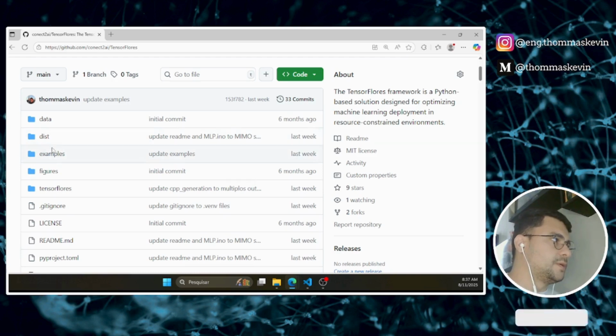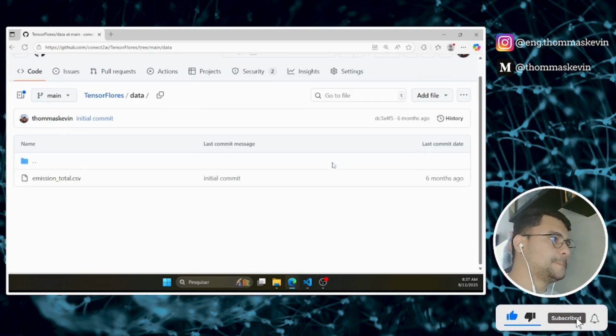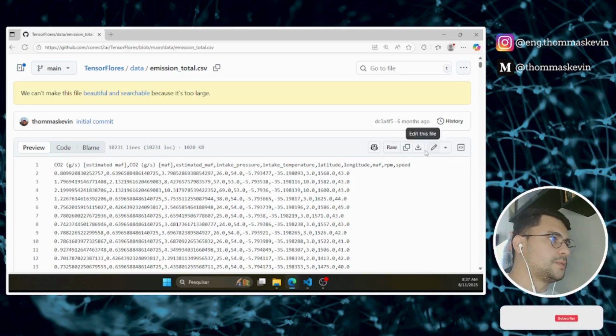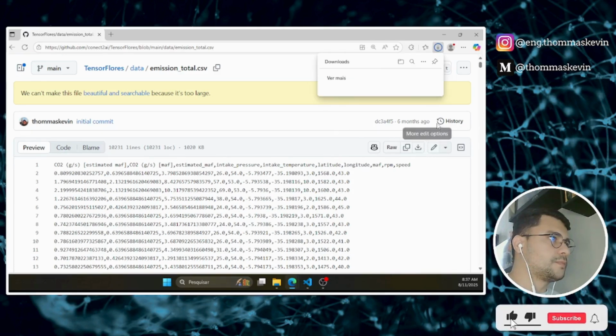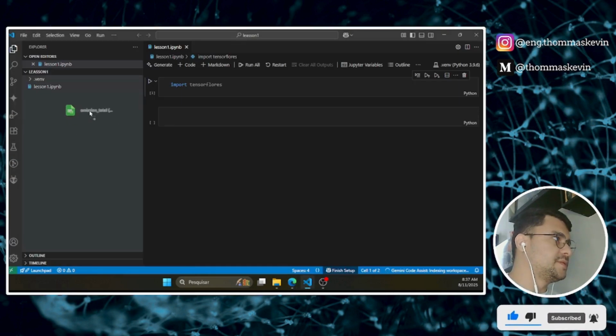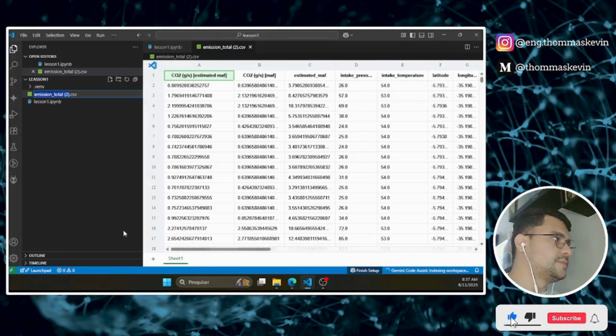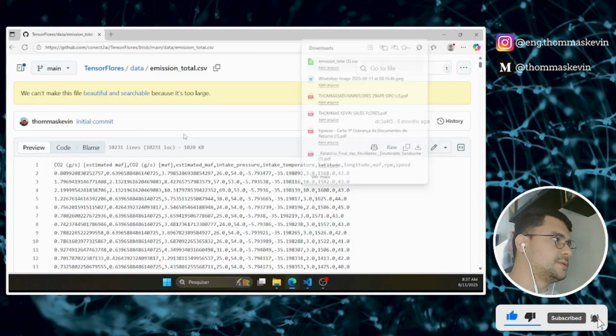Okay, and download this data, and move this data to the folder, and its name is emission underline total,